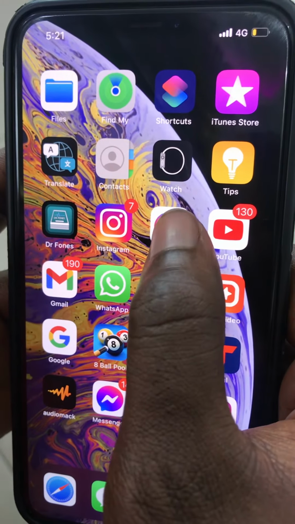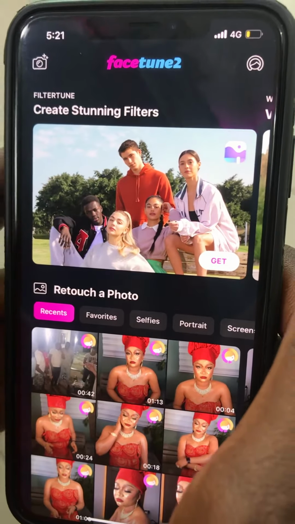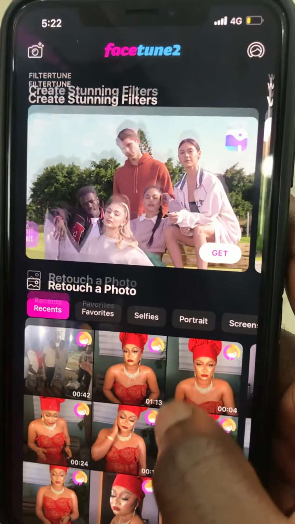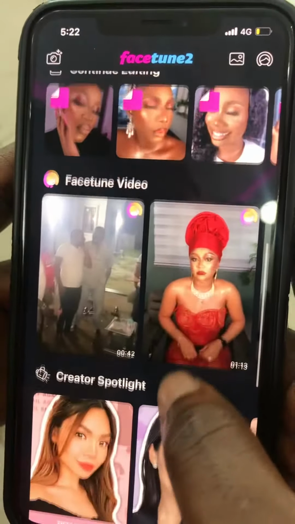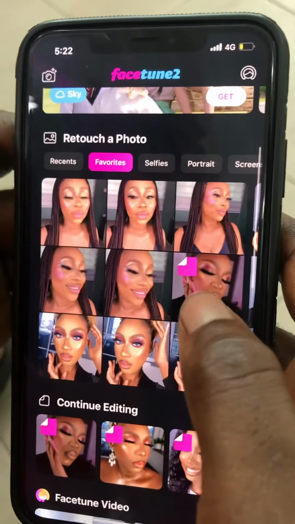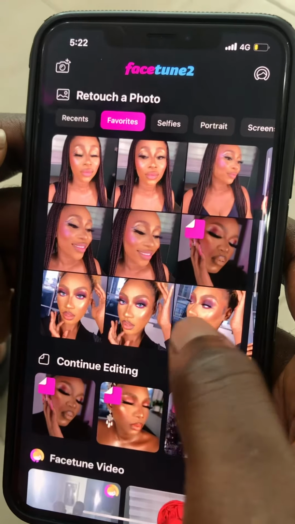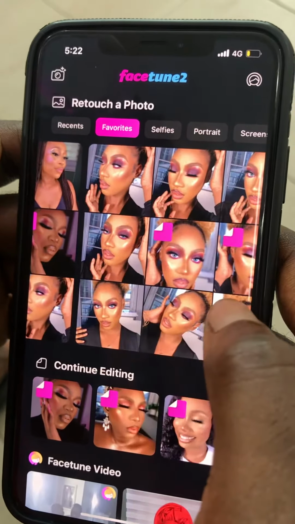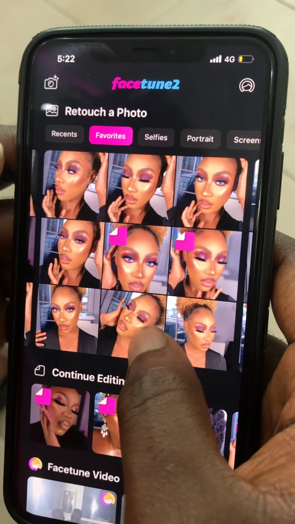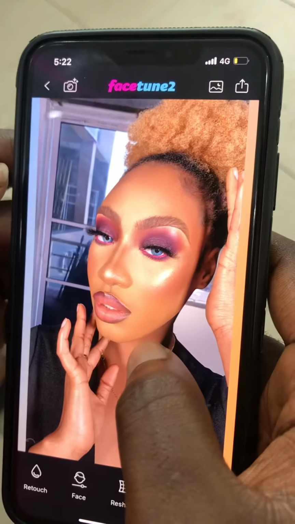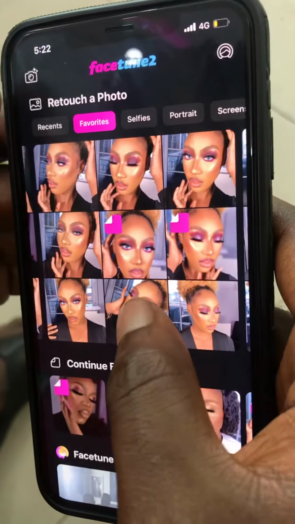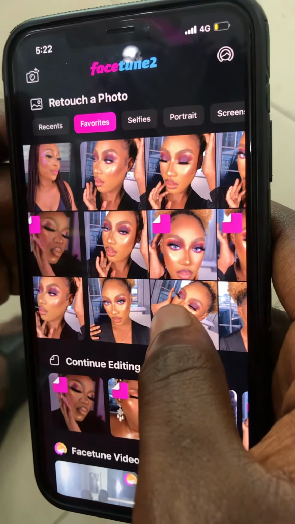So I'll be using my Facetune app. That's the Facetune, this one is not the video Facetune, it's for editing. So I'll select the pictures I want to use. You can see favorites. I'll go to my favorites and select the pictures that I want. You can still go back and check for the one that's